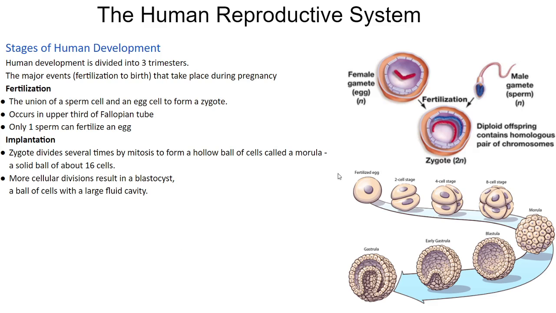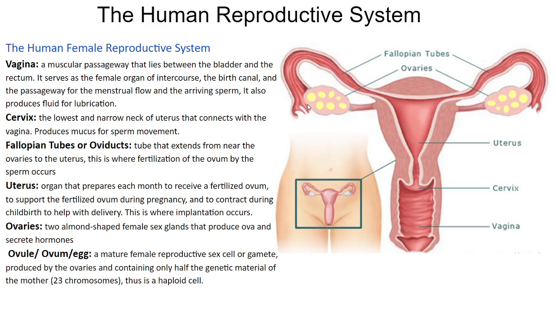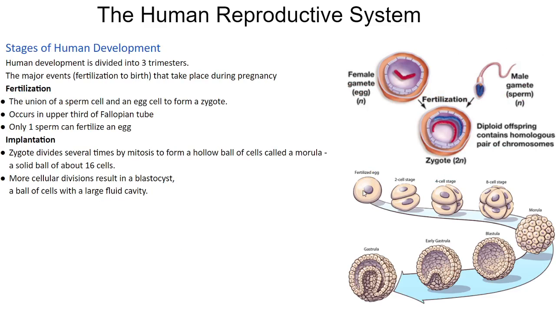Okay, let's move along. So now remember, we are dealing with up in here, way up in the fallopian tubes right past the ovaries. But as I tell you the story, we're moving down the fallopian tubes and into the uterus, okay? So we start out with a fertilized egg, the female egg here, the male sperm here. They're each carrying one copy of every trait that the mom is delivering, one copy of every trait that the dad is delivering. If you want to go back and look at Mendelian genetics,